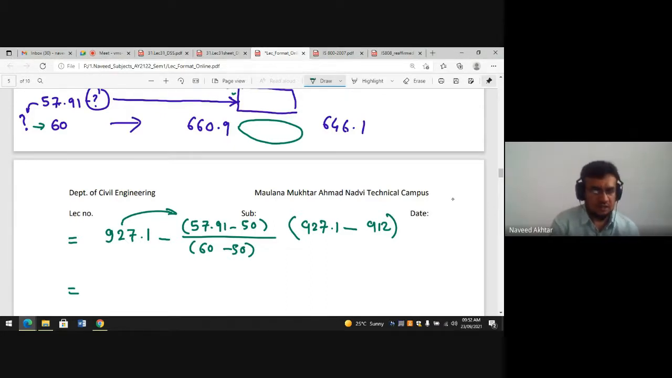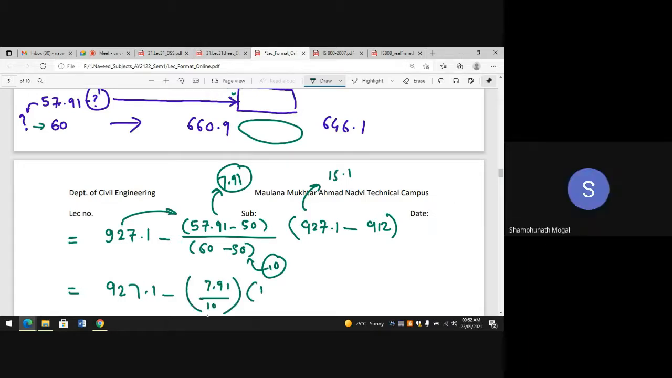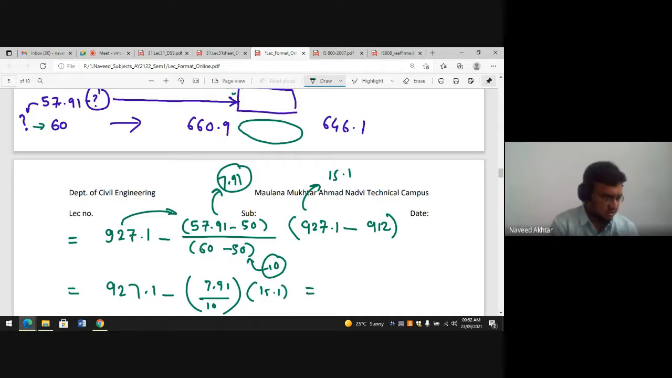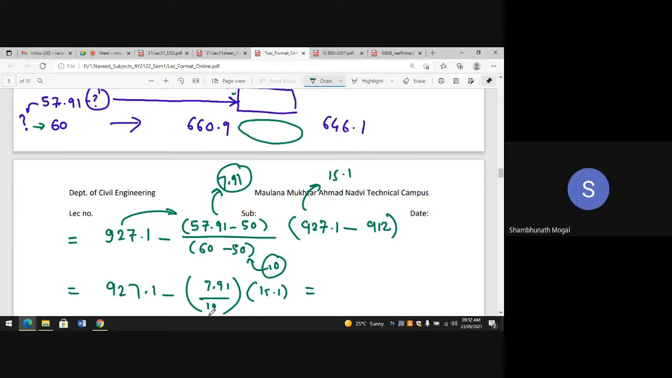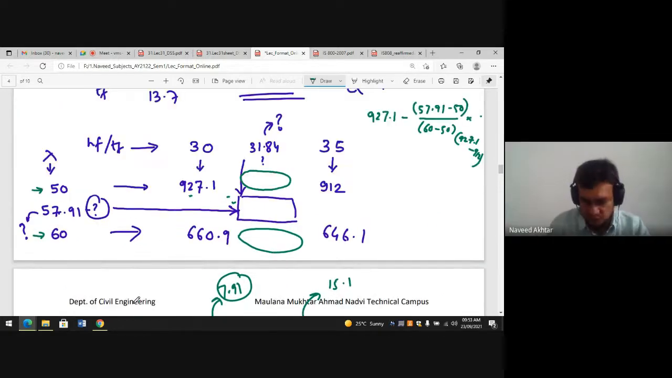If I solve this, 57.91 is nothing but 7.91. This is nothing but 10. Okay, I have to find out this difference. 927.1 minus 912 is coming 15.1. So 927.1 minus 7.91 into 15.1 divided by 10. It is 11.94. 927.1 minus 11.94, it is 915.15. So this first value I will get, it is